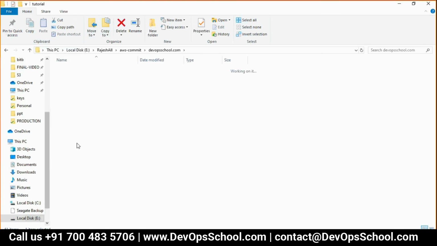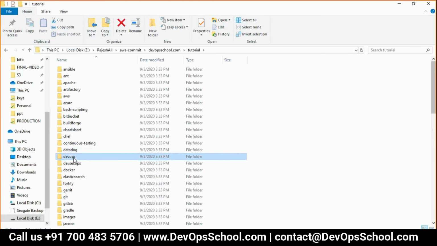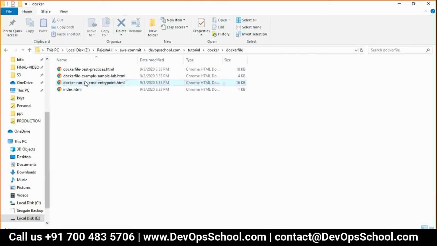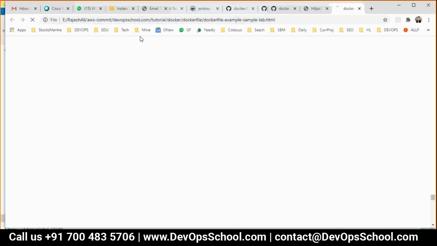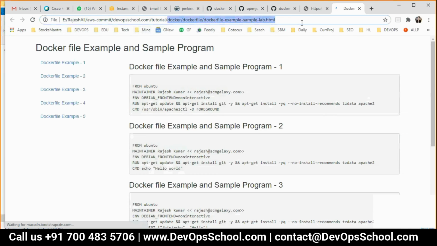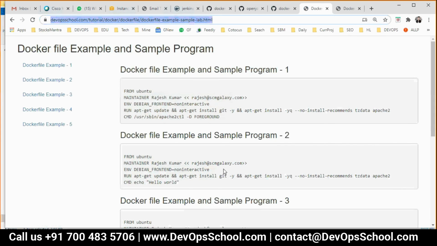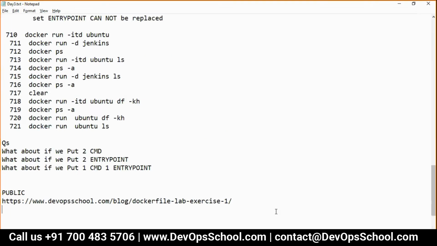I'll give you one URL, I'm not able to find it easily. So this command has some problem with this line, which you need to solve with the help of Google.